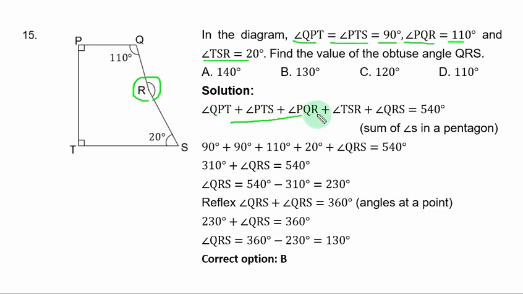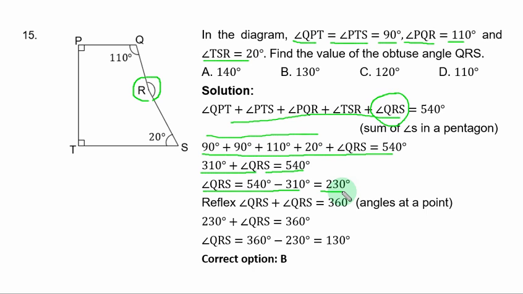The 5 angles are there, but we are interested in QRS. The remaining 4 angles, you replace them with their respective values plus angle QRS equal to 540 degrees. If you add these 4 angles, you have 310 degrees plus angle QRS equal to 540 degrees. If you collect like terms, you have angle QRS equal to 540 degrees minus 310 degrees, and that is